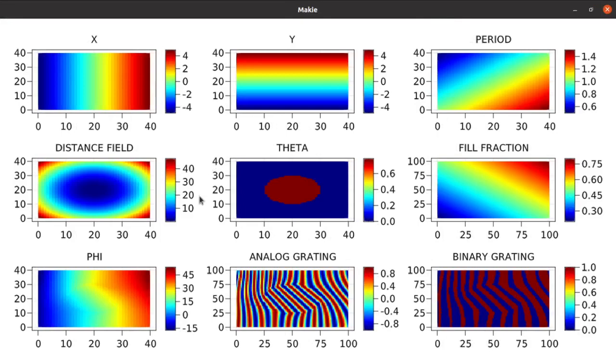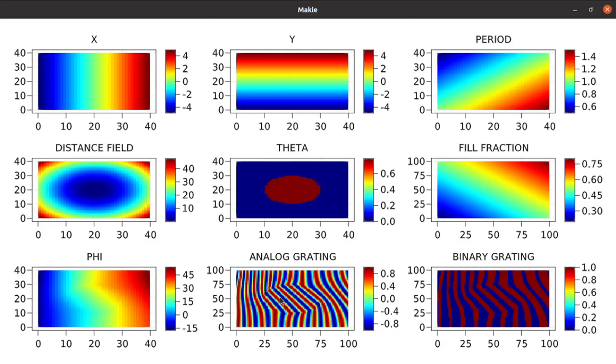The results that I am visualizing here use a package called Makie.jl. It is one of the visualization packages in Julia. The important plots among these results are one is phi and the other is the analog grating. So here you can visualize that there is a smooth, continuous variation in the plot, that is, a gradient phase, and using this gradient phase it is possible to get a